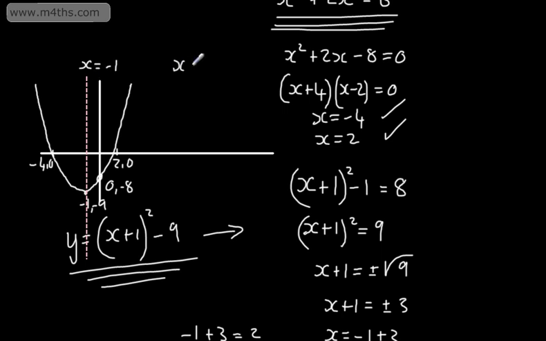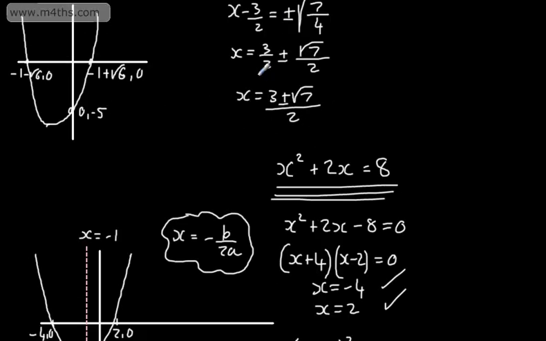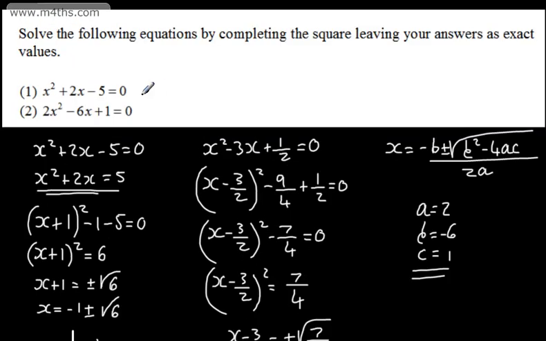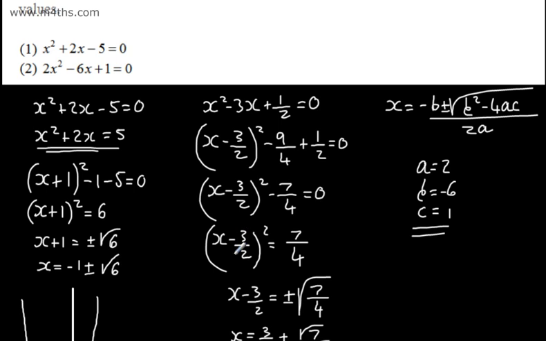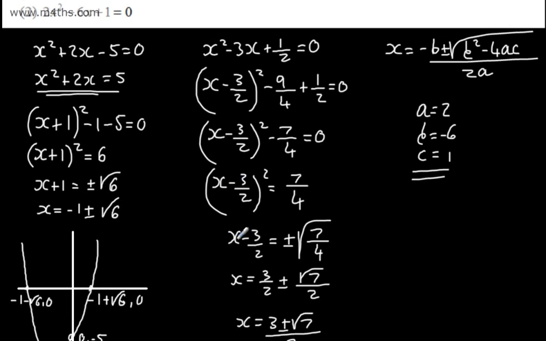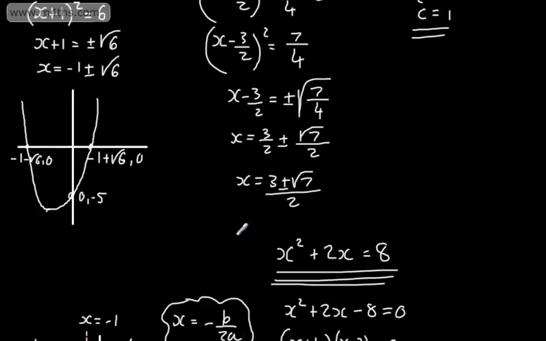In general, the axis of symmetry is going to be negative b over 2a when you have the quadratic in the form ax squared plus bx plus c. So if we look at this one right here, it would be negative b over 2a. So it would be negative 6 over 2 lots of the 2, which is going to give us 4. And we can see now that that will give us the point positive 3 over 2. So I suppose that's a bit beyond the scope of what we're looking at,